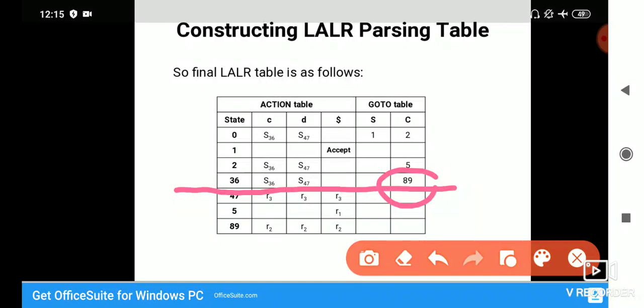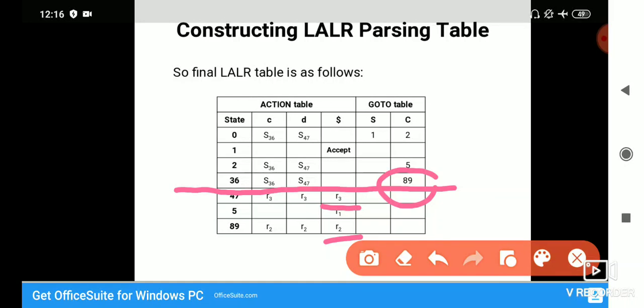I have explained all the merging, and we observed that there is no conflict. Do remember about this merging of R3 and R2 in the 4 7 row and 8 9. This was not initially present in the 4th and 8th rows. It was present in the 7th and 9th rows respectively. But since they have been merged together, it is now written in the 4 7 row under the dollar column. So I hope it was clear to you how we created this LALR parsing table.